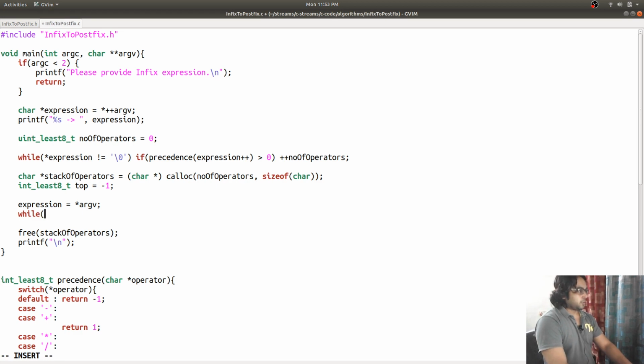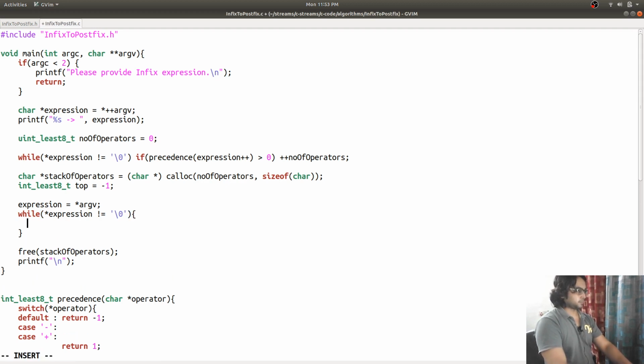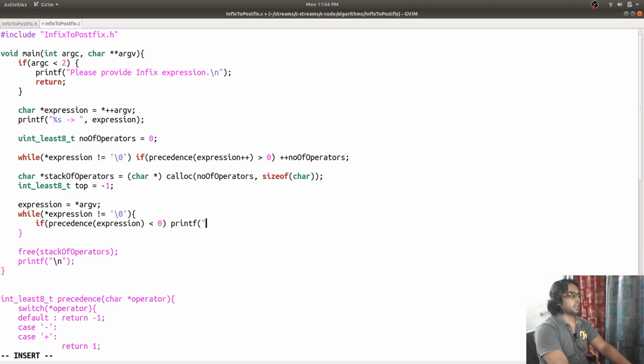So that is done. So I'm going to again say expression is not equal to null, as long as we have something. If precedence of expression is less than 0, that means that we have an operand.